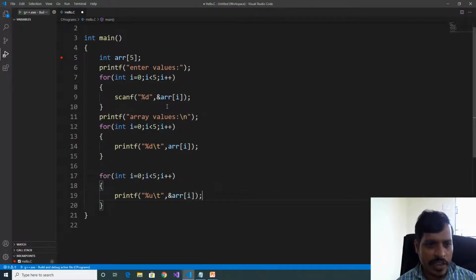Here, if you want to read the values from the command line, we will use the address of array of I. Now if you want to display output, we will mention array of 5. Here we will not use the address symbol. Later, if you want to display the address, we need to use %u. Later here we need to mention address of array of I. Here write one more statement, printf